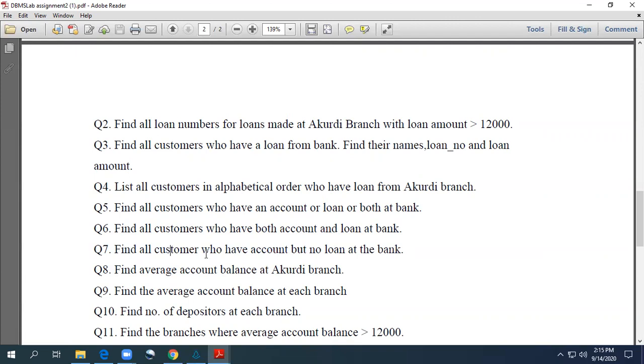So this query, again, we can write as two different queries. The first query will return the account details of the customers, those who have an account in the bank. And the second query will return those who have a loan account in the bank. But we don't want loan account customers, right? So here we can use the minus operator to subtract the customers who have a loan account in the bank, right? So let us discuss, students, the solution of this. I hope you are clear with the problem statement here.